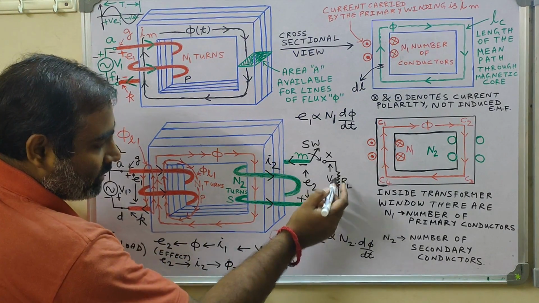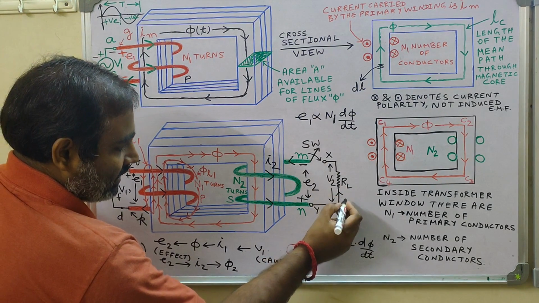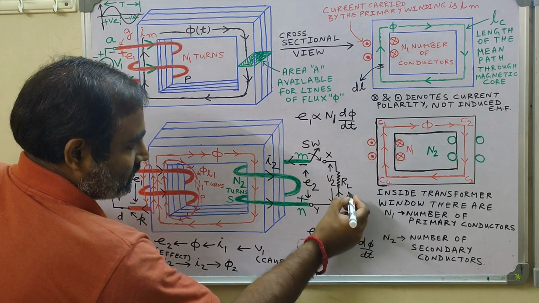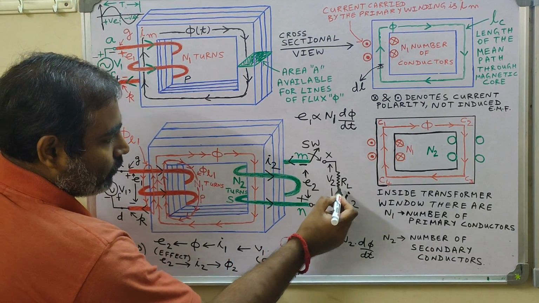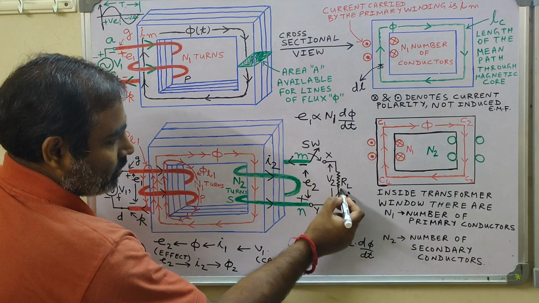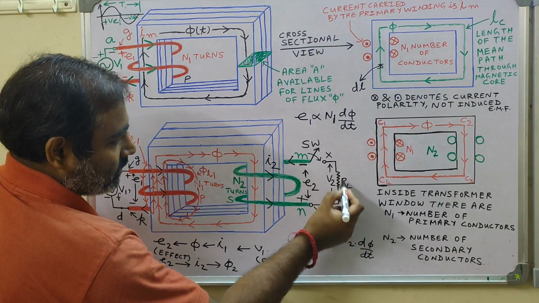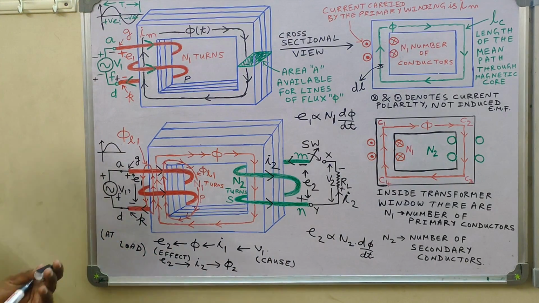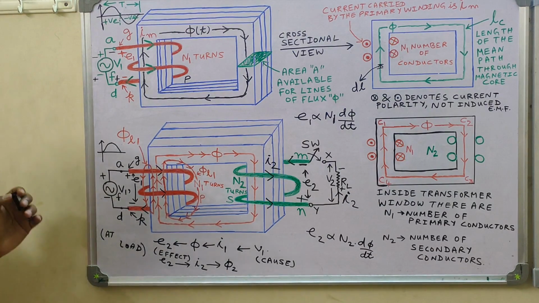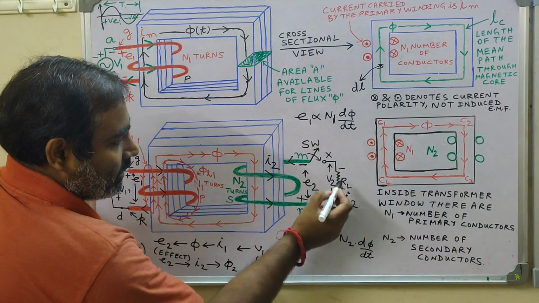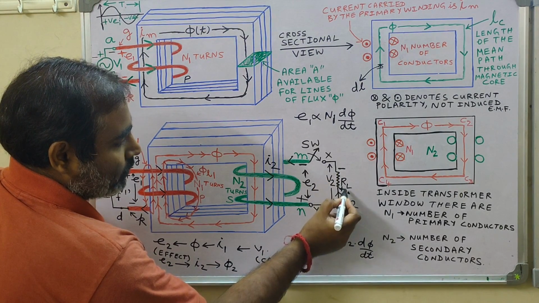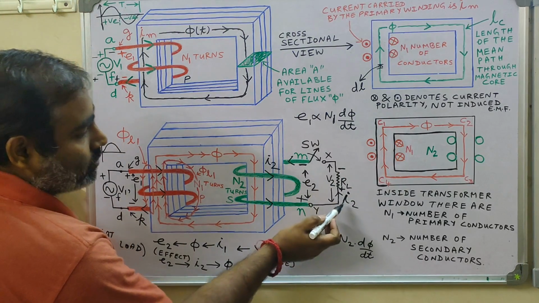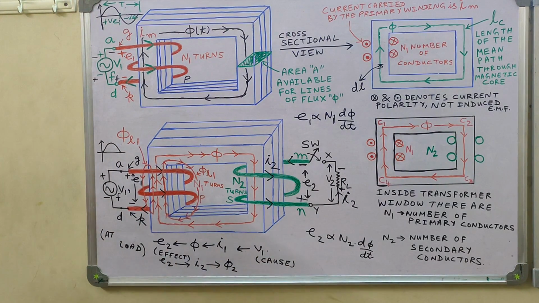What about the load resistance RL? This is the current I2, this is the current I2. Now, you know that for a resistive load, current will flow from higher potential to lower potential. So this will be my higher potential, this will be my lower potential. So current flows from higher to lower potential in case of resistance. The load connected across the secondary coil is a resistance, and it is showing that current is flowing from higher potential to lower potential. So this is the direction of the current through the secondary coil.